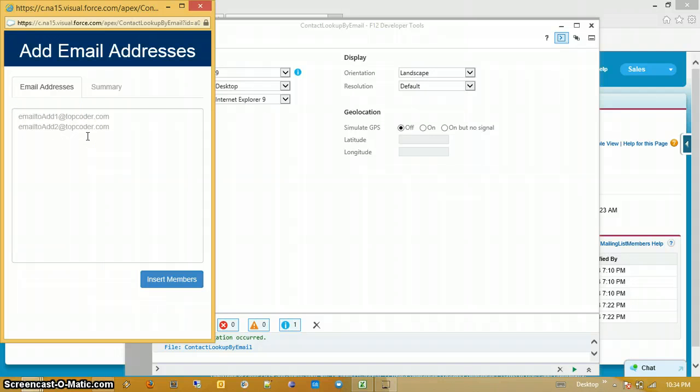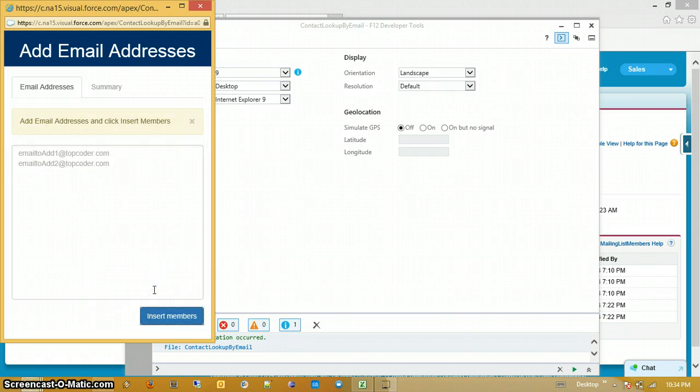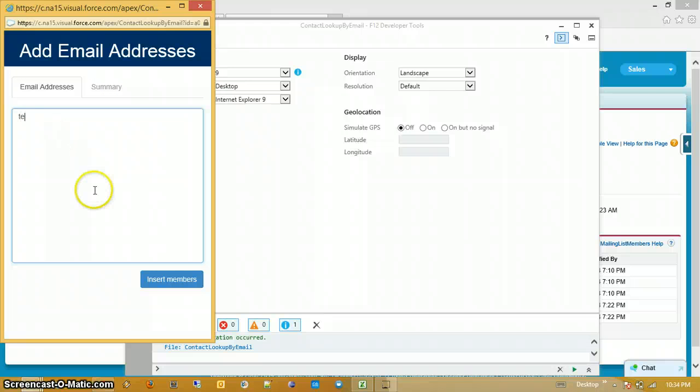Since IE9 doesn't allow you to add new lines in placeholders, I had to add code to do this. When you click on insert members without any emails, it shows an error. It doesn't proceed to the summary tab, but shows an error in this tab itself. It's the same thing when you try to click on the summary tab. And you can see that I changed the button to insert members versus next.